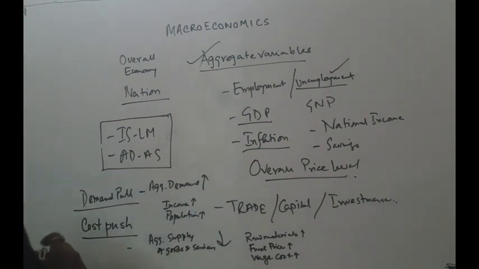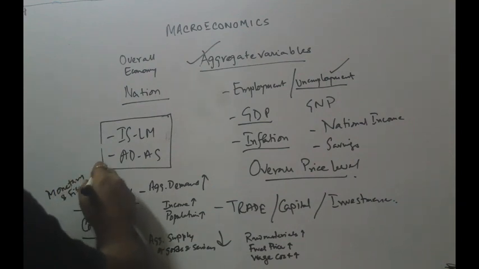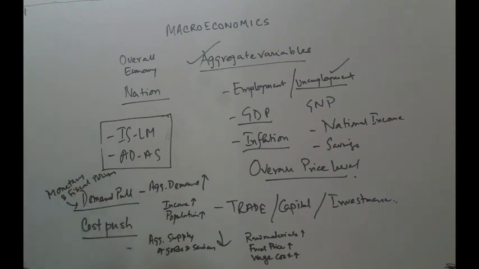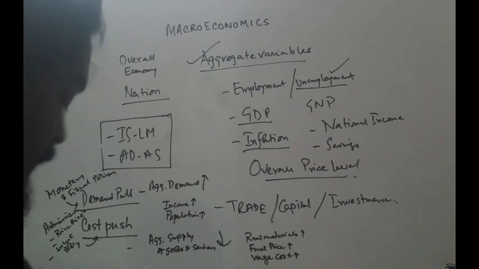So here, for demand pull, it is monetary and fiscal policies or measures. This will be demand pull, and administrative control on, one is the price rise and the second thing is income policy. Using these two, you can take care of the cost push inflation, right?